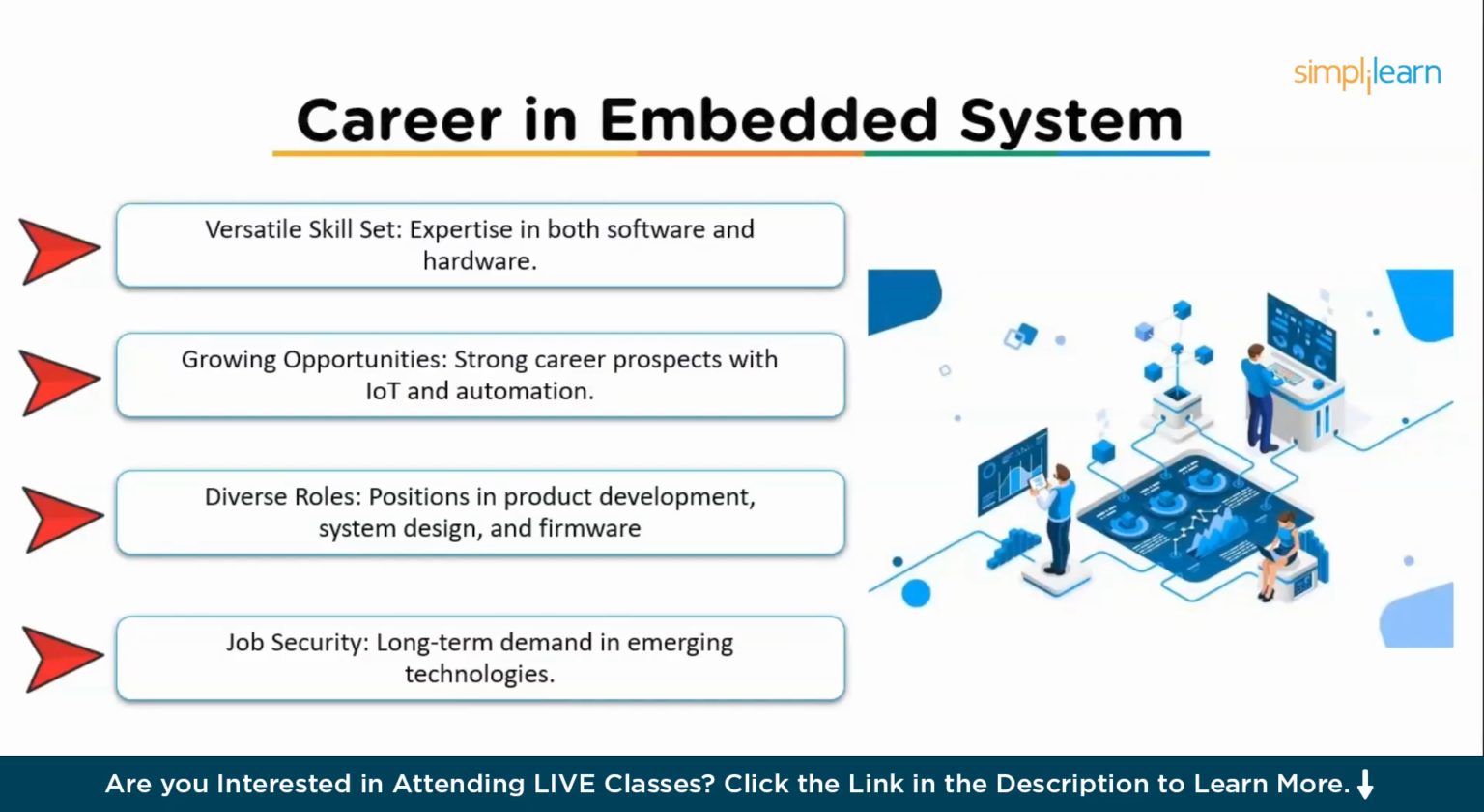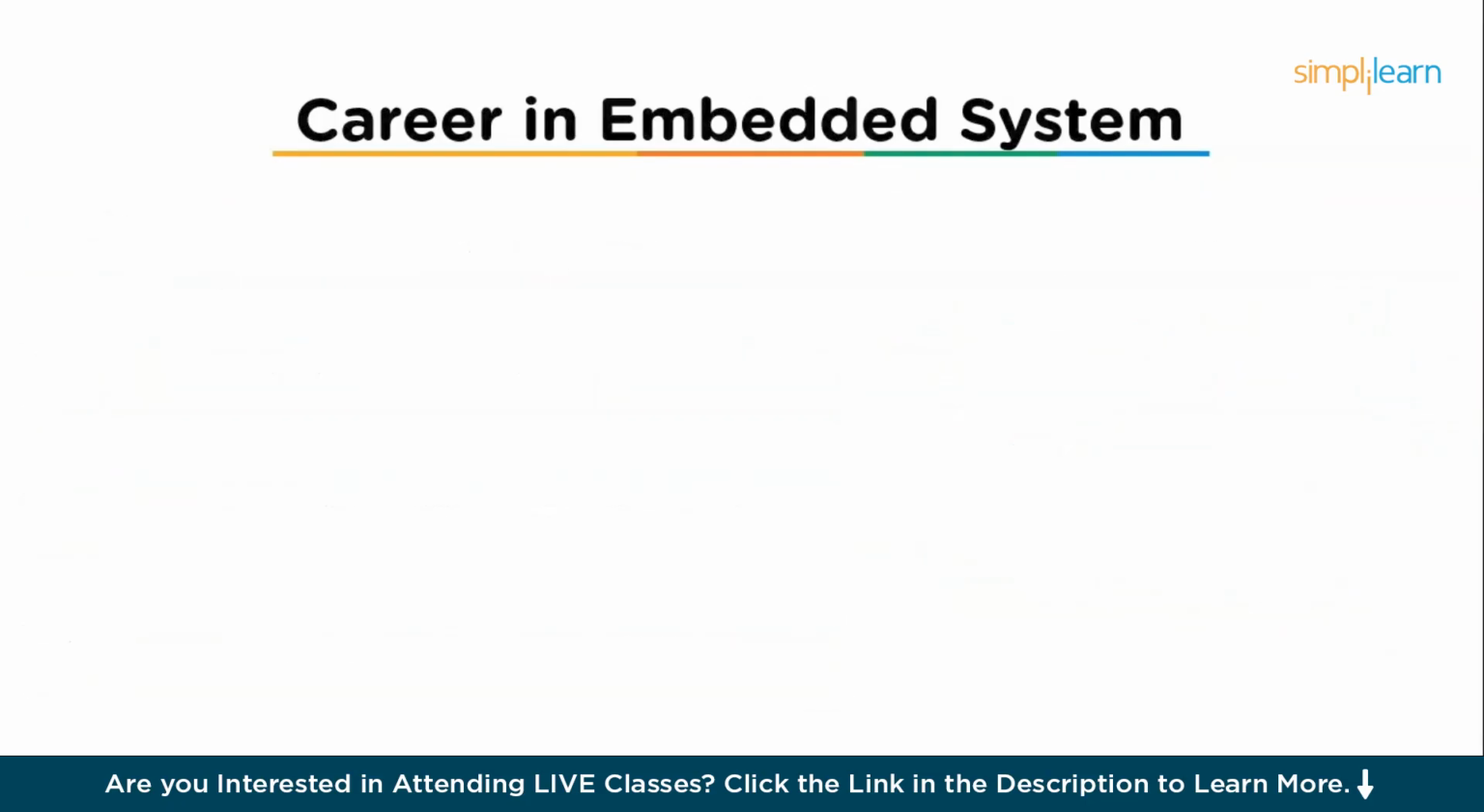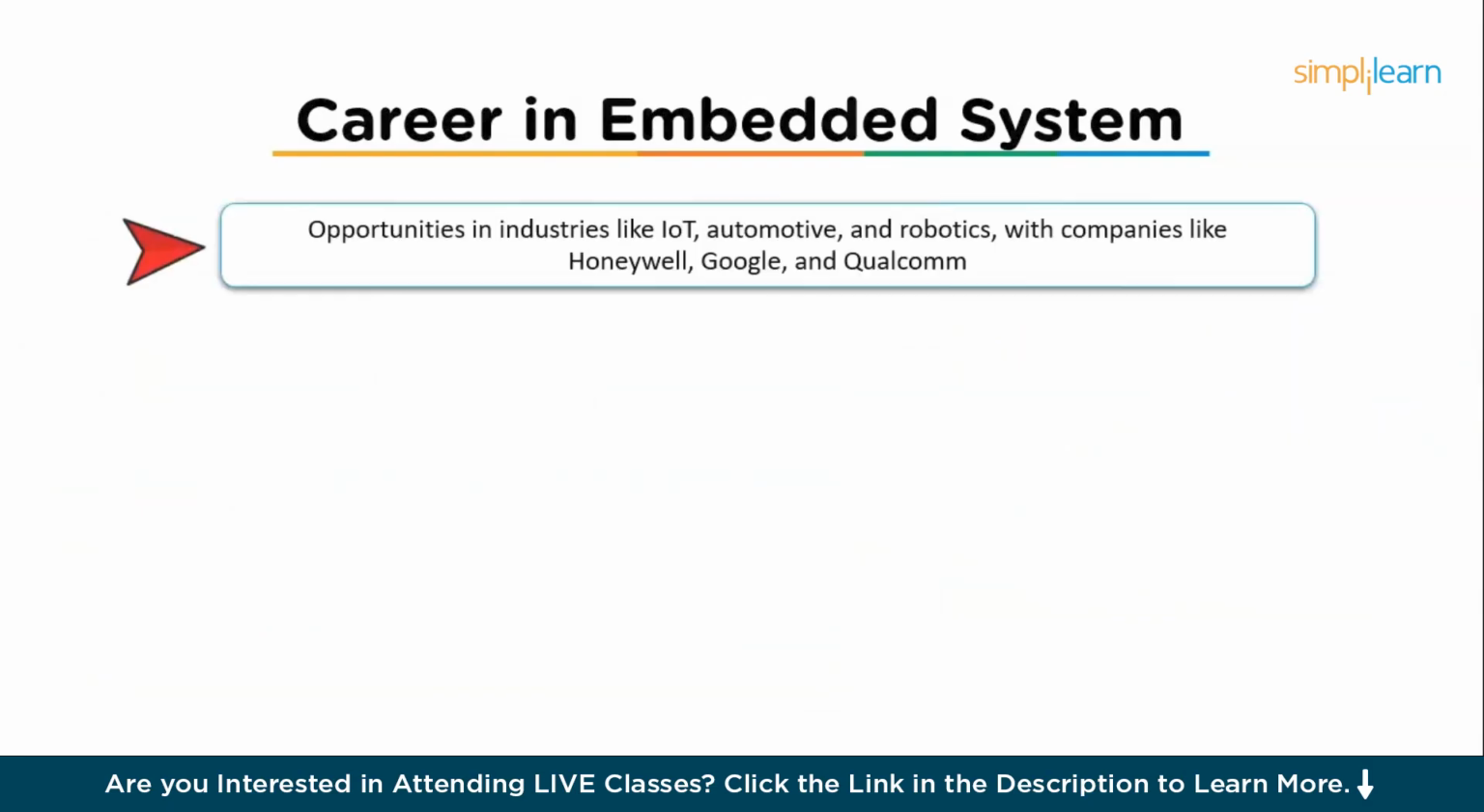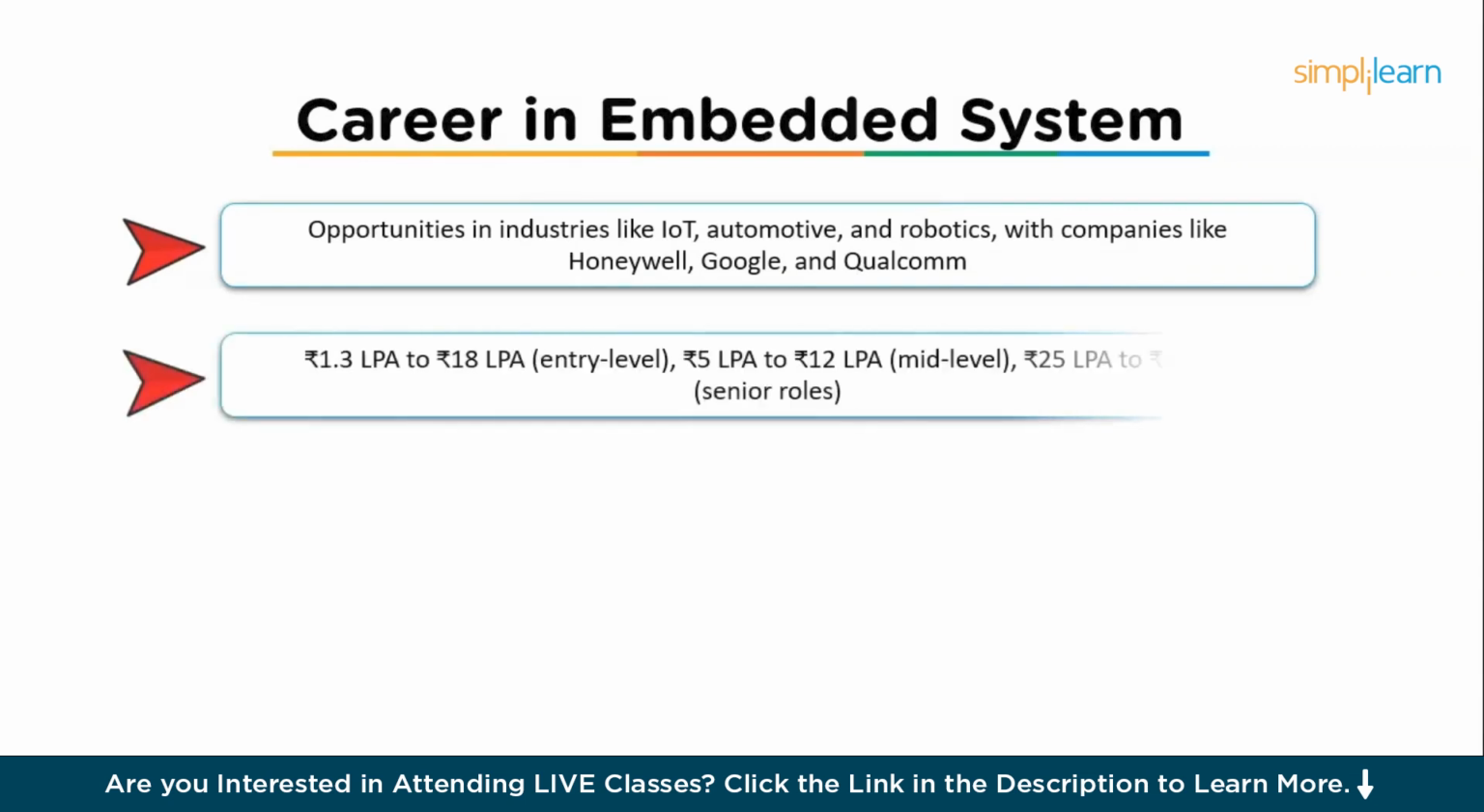So then we have high demand in industries like IoT, automotive, and robotics, with companies like Honeywell, Google, and Qualcomm hiring engineers. Then the salary range we have is 1.3 LPA to 18 LPA as an entry-level engineer, then 5 LPA to 12 LPA as a mid-level engineer, and finally 25 LPA to 40 LPA in